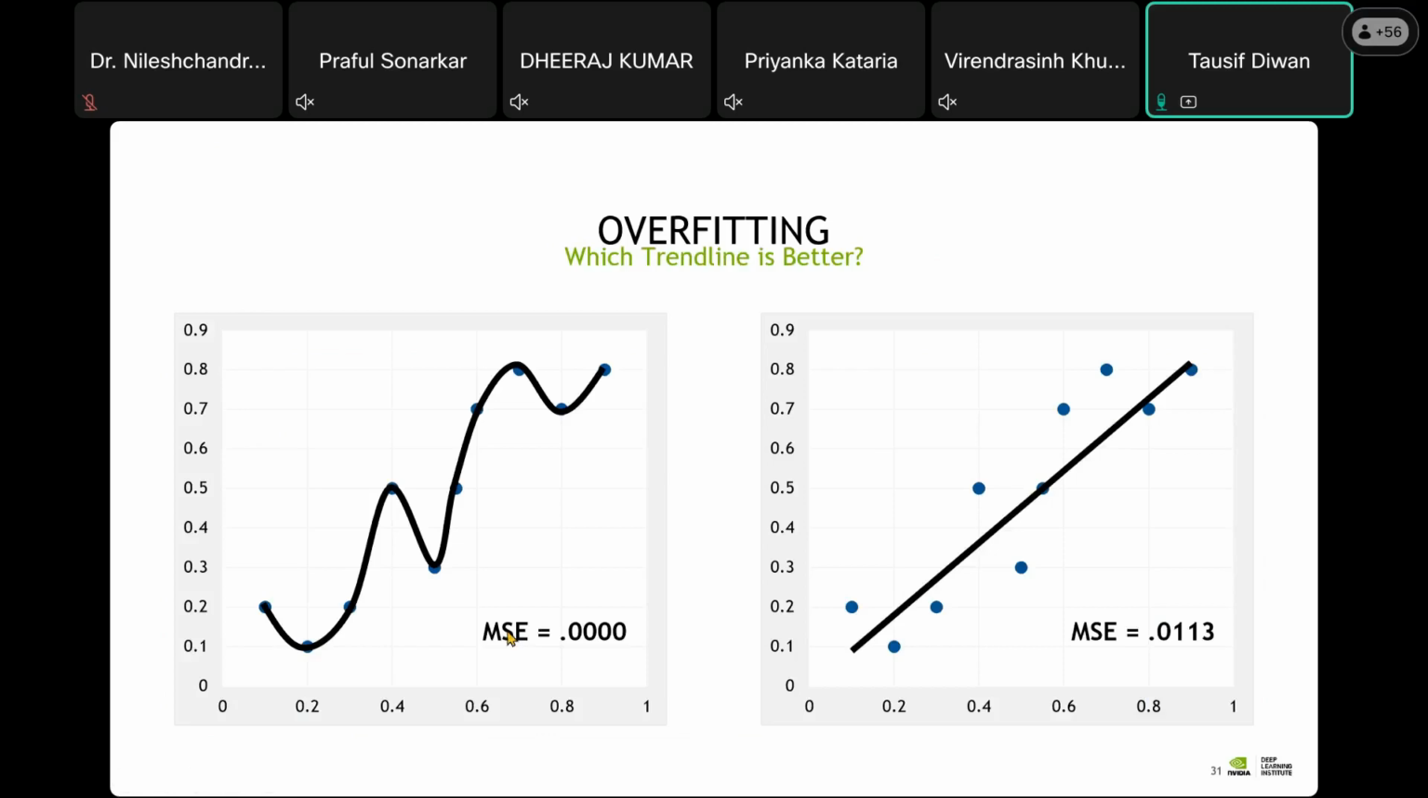See, here this was the data. We built a very complex model. Now it is performing very good on the training data. But see, what should be the generalization capability of the model? It is very low. On the other hand, if you look at this second scenario, it's a very simple